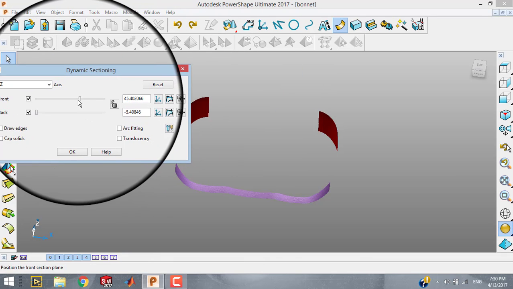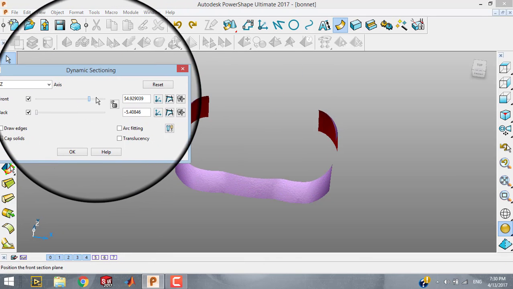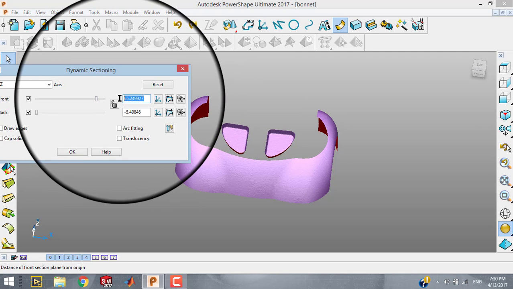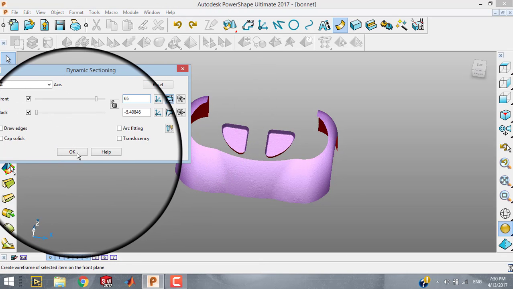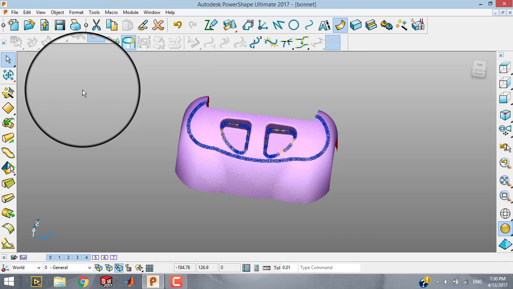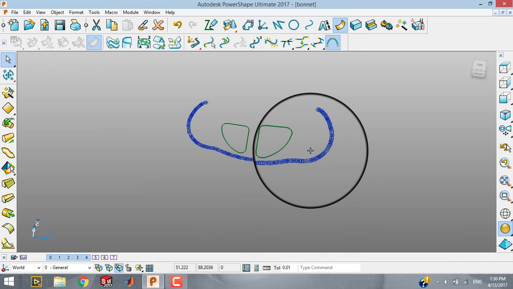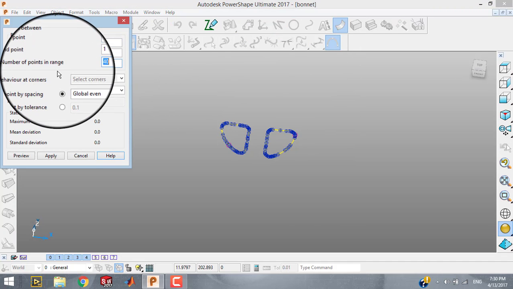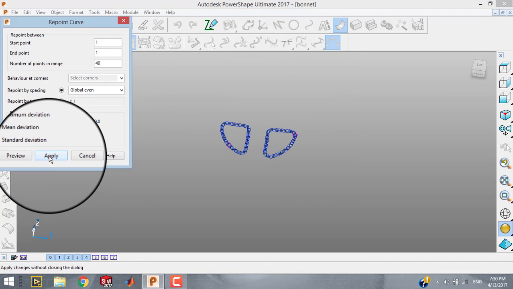We just want the design in the middle, so it's around 65. So let's put 65 and create a dynamic section for that. Okay, and we're going to hide the mesh, and we're going to delete the unnecessary line. Make the points uniform, around 40. Apply, close,